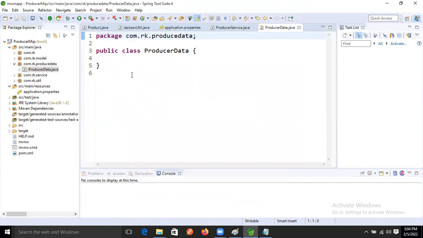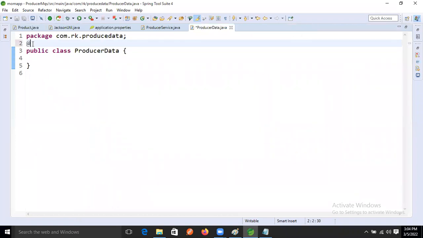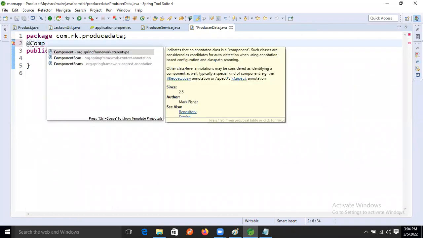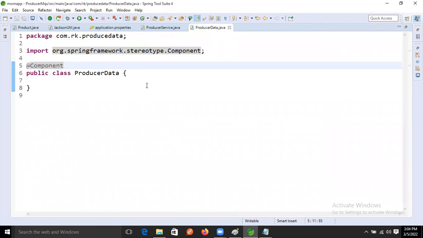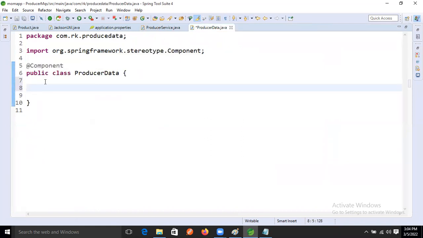After that, how will our container create the object of this class? Now we need to apply @Component. Inside that, we need to make this service class a has-a relation with this class.